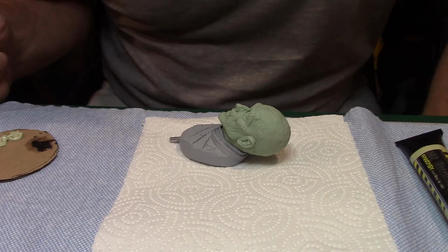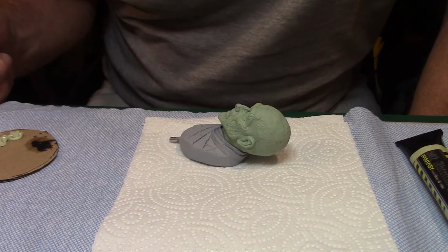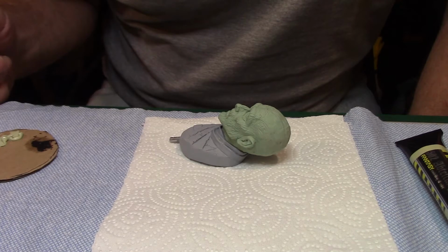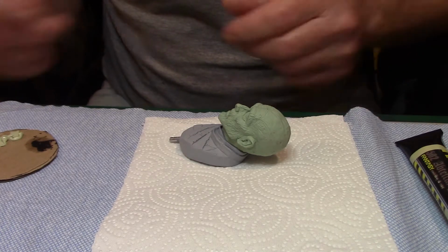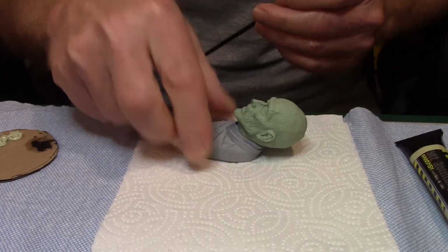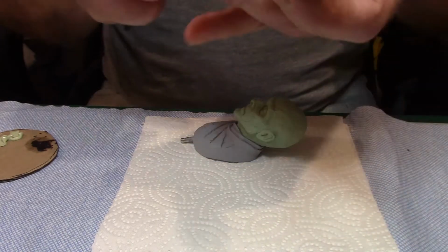Alright everybody, back on the Mummy. This is Friday, if I'm right with the date, September 6th. Back down in my shop, I got the Mummy right here, as you can see. I'm going to go ahead and start with the oils, and I'm going to go with the